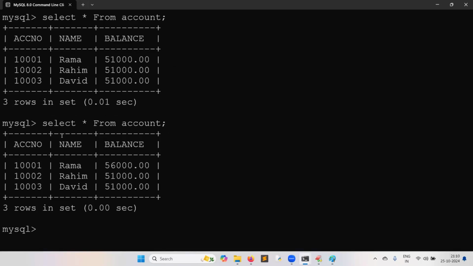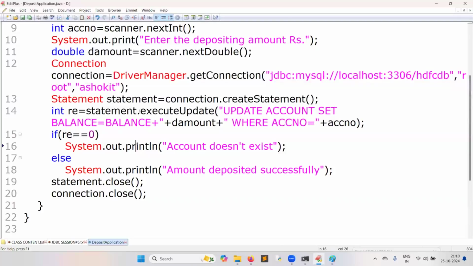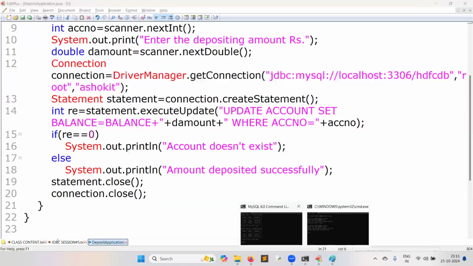How do you understand the zero comparison? If you know conceptually what executeUpdate does, with that account number, if nobody is there, how many records are affected in the database? Zero records. That 0 is returned by the DBMS to the driver, to executeUpdate, to the program. So re holds 0. It means the account is not there. So that is conceptual knowledge converting into programmatic code. That is the way, please.